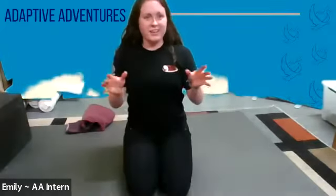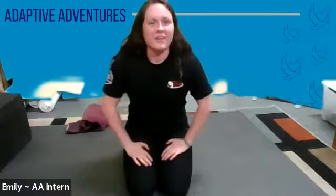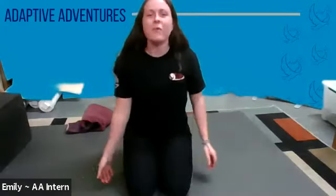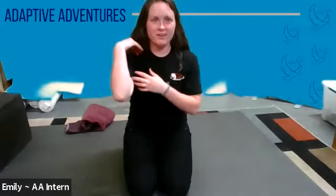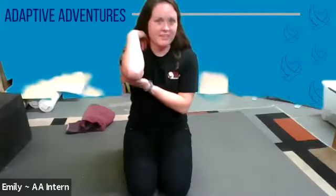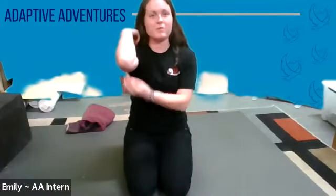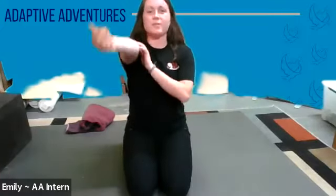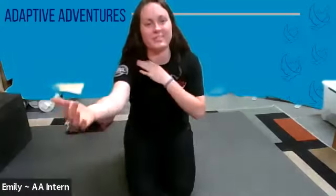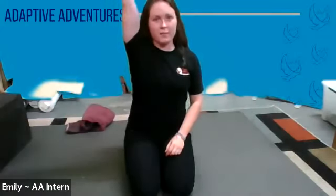So the theory is, and it's not a theory, it's proven, when your bicep flexes, all of your nerves tell your tricep that it has to extend, that it cannot flex. So when you flex your bicep, you're stretching your tricep. So I want you guys to do this one with me so you can kind of feel it. So if you extend your arm above your head,